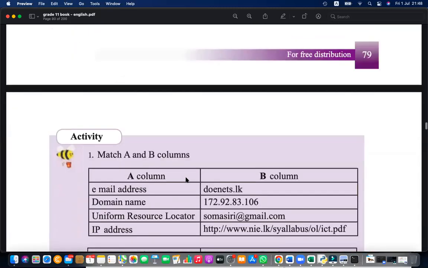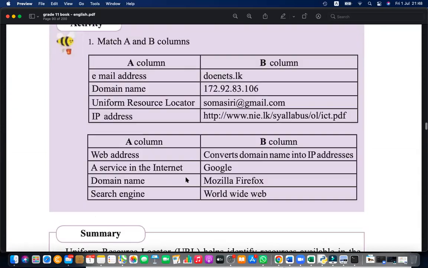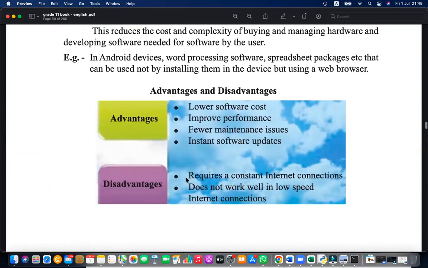Just go through the advantages and disadvantages and see them. When you are renting, it is good because you don't have to pay the full cost. You can get very good performance. You will not get maintenance issues as they will be handled by other parties. Power issues you won't get. The disadvantages are that you have to access remotely, you don't know the location, and if the internet connection is slow, then your work will be slow.